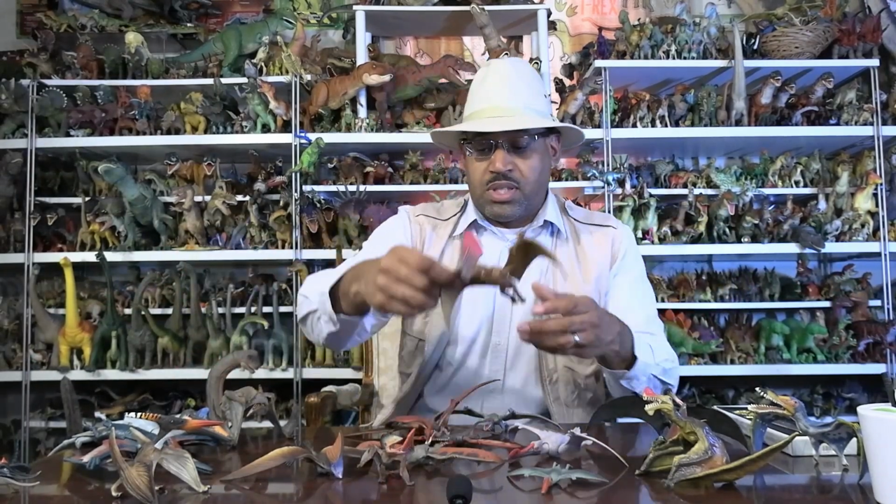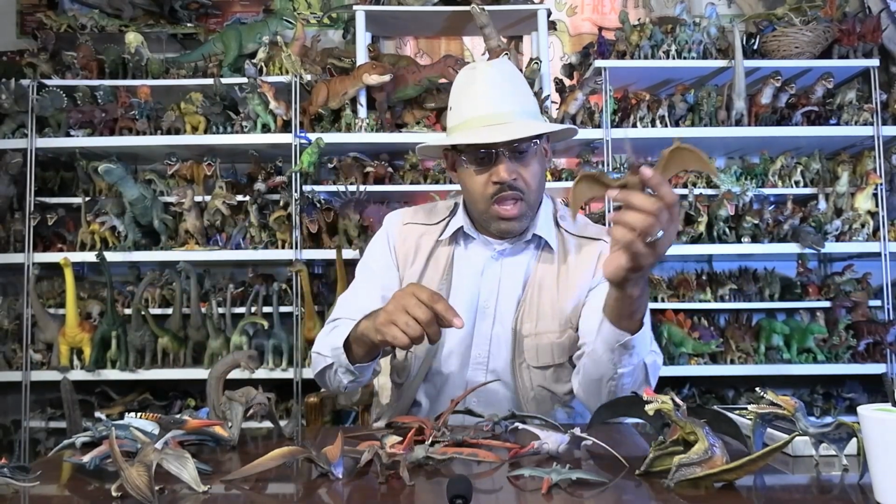Whereas many of these guys live near waterways, and I can so imagine that you are a bird or a bat, and you fall into the water. That splash will attract fish and crocs and, back then, mosasaurs and pterosaurs, other marine reptiles, so there's a bias there too. But there are a lot of cool pterosaurs. It's just weird because they're all designed to fly, so they're all laid down flat, and you can't quite see them as well. But there are different shapes, and the main thing to point out in closing is that when you look at